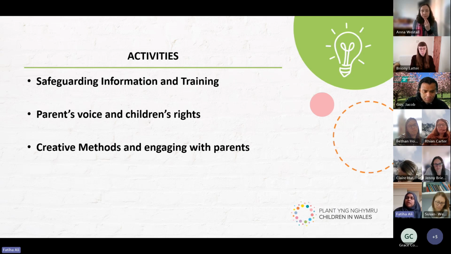So I think we've put a few things in the toolkit in the ideas of creative ways. Doing things like an art workshop, which a lot of the parents found therapeutic. They really enjoyed doing something mindful. And just making it enjoyable, and also involving their children, because obviously if they're parents, they've got children, so try and do some activities that also involve their children as well. So it's lots of different ways of making consultation more attractive for parents. Those are the things that will increase the engagement of parents.